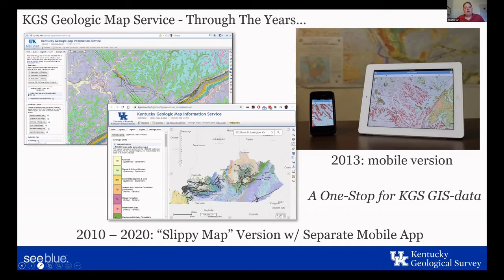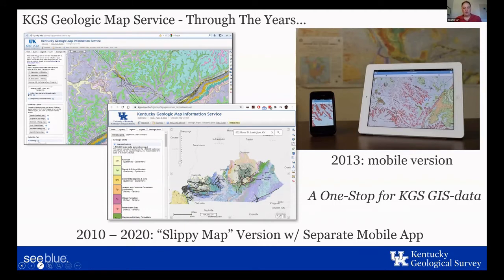Again, it was a customized map application, and we also put this other data in there. The oil and gas wells, the water wells, because of the same concept that people want to overlay those things. So kind of breaking all those rules about making map services with tons of layers, we actually get really good feedback about doing that. And then in 2013, this map application wasn't responsive to mobile devices, so we developed a